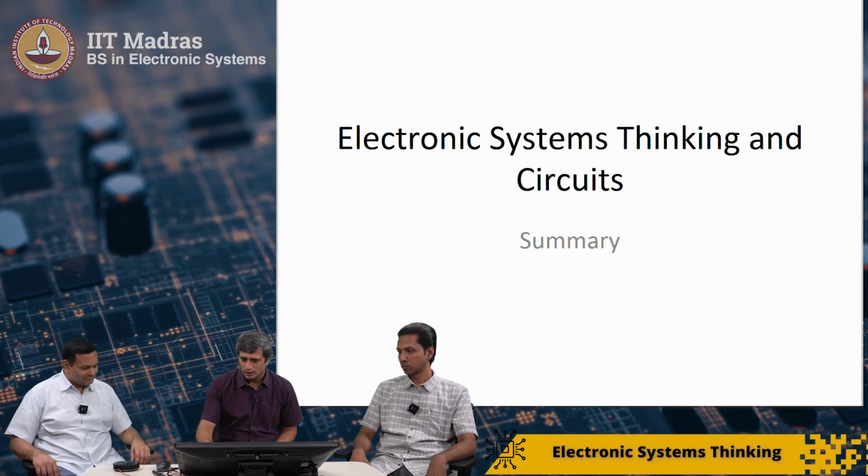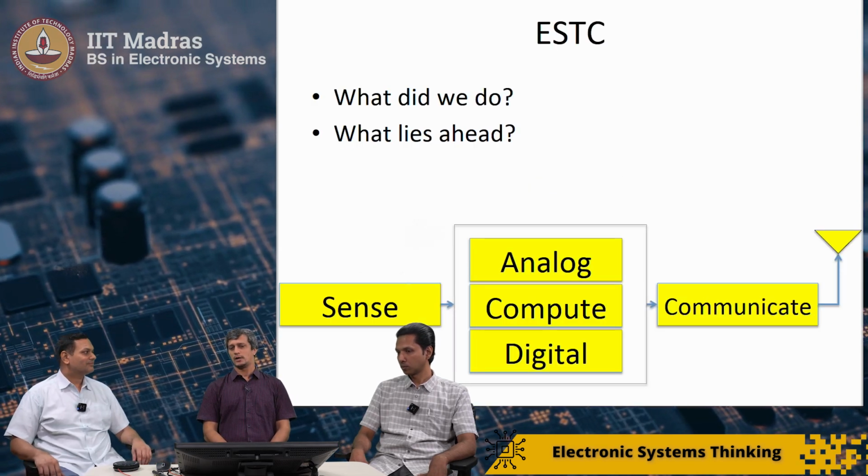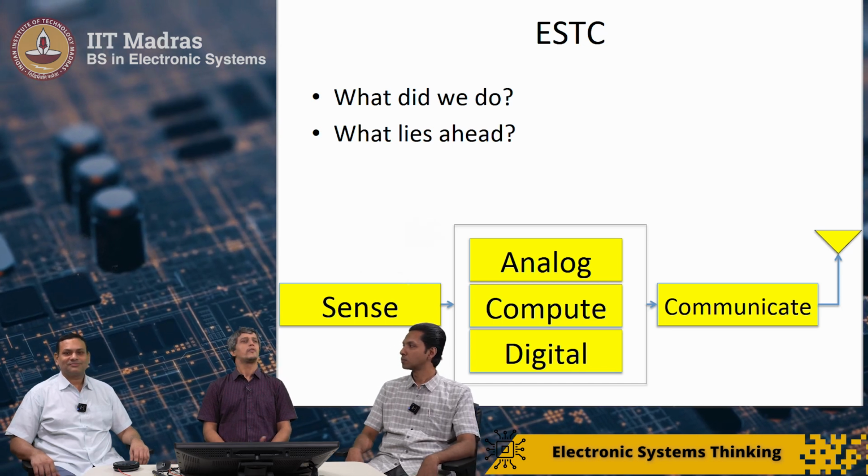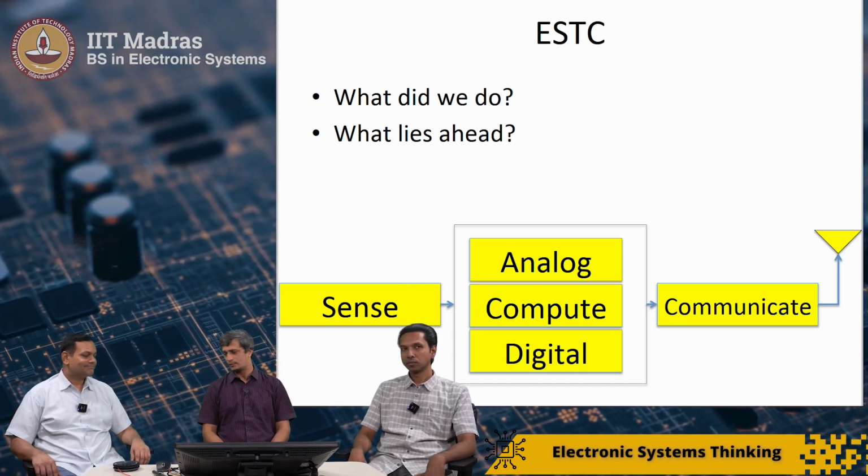I think we are reconvening, all three of us, after the end of this course on electronic systems thinking and circuits. So the idea was to give the students a summary of what we did in this course, and also let them know what lies ahead for them in terms of what other courses they're going to do and how it is related to what we did in the electronic systems thinking and circuits course. So that's the agenda for the discussion today. What did we do in this course and what lies ahead. Okay, so